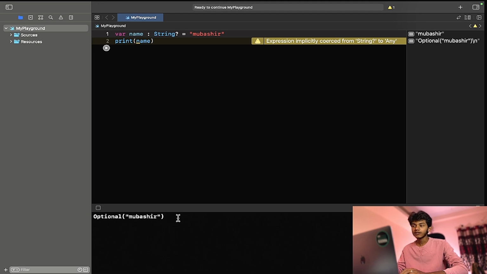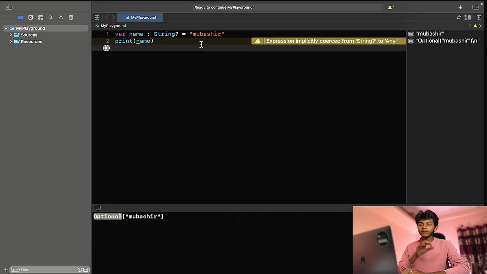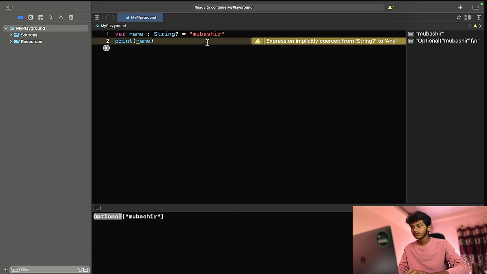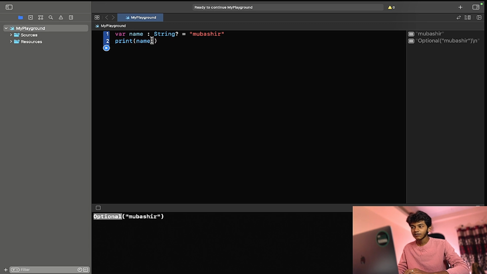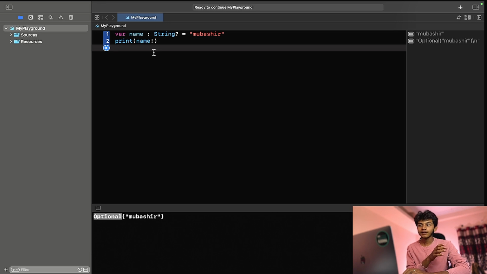Now to remove this optional, if you know that 100% there will be a value in a variable, then what you can do is directly see here. This shows force unwrap the value to avoid this warning. If you click on this fix, it will add an exclamation mark to this variable, which says force unwrap this variable because the developer is saying that there will be a value in it. Now if you run this,